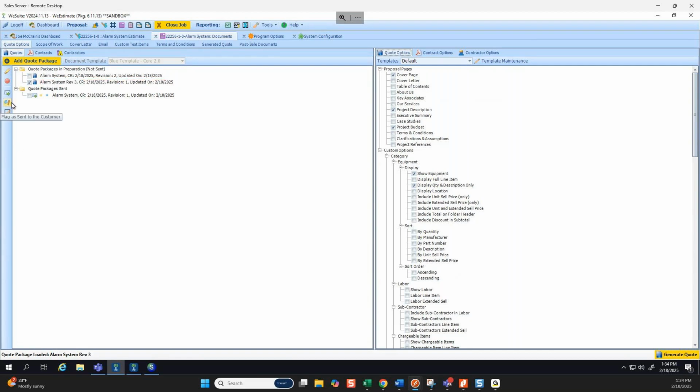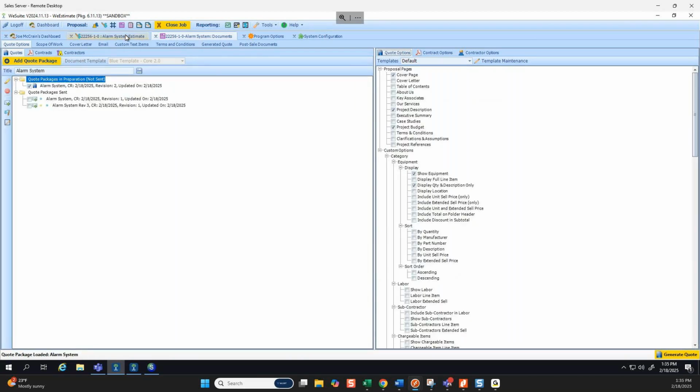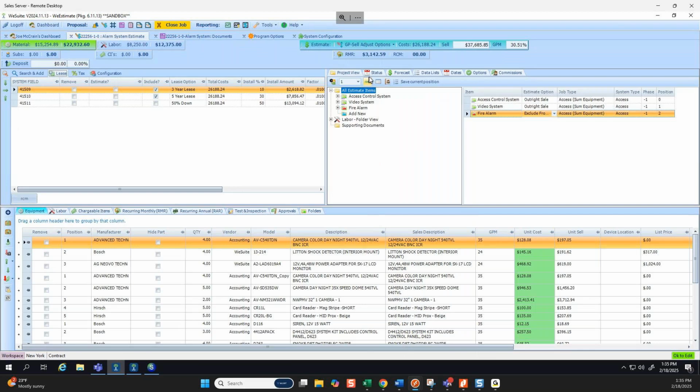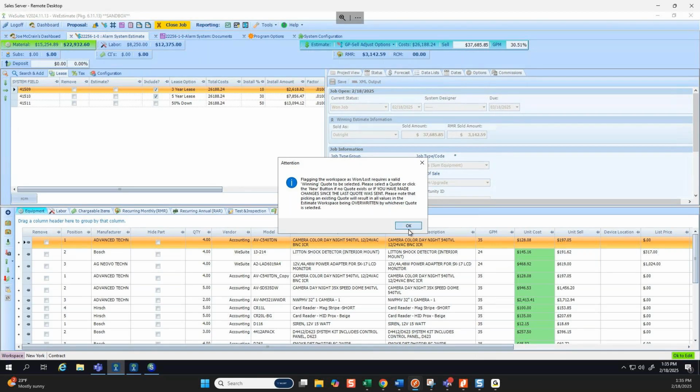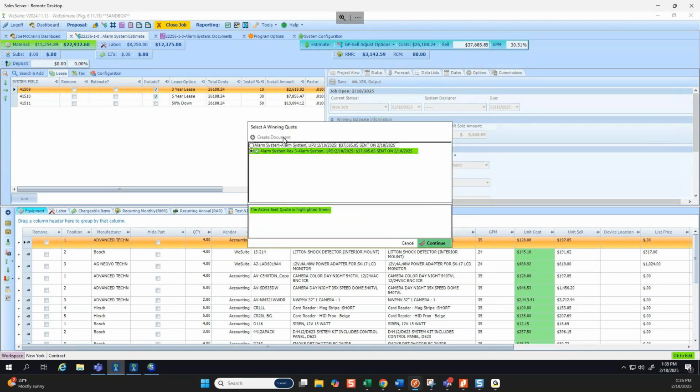Another feature that is coming that I know is a big ask for 6.11 as well, and was a big ask from the greater community, is that when I win a job, you can not allow your users to click this create new document button. That will force them to have sent their quote packages. So you can see, for example, I have